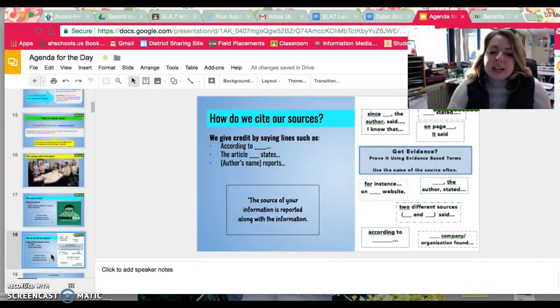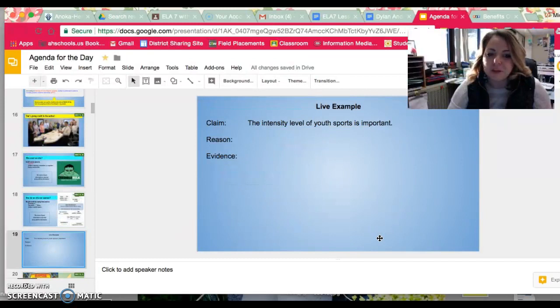We talked about who you need to cite, and then we talked about how to cite. And so in your packet, on page 16, you have this sheet here, which can be really helpful for you and give you some of those linking words that you need to phrase things correctly in a way that makes sense. So what I want to do real quick is just show you a little bit of a